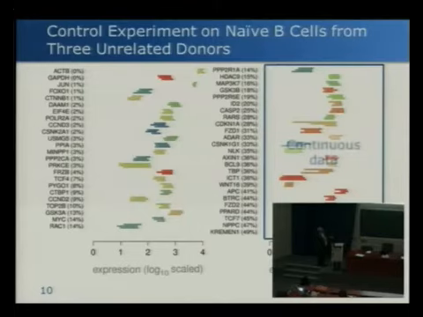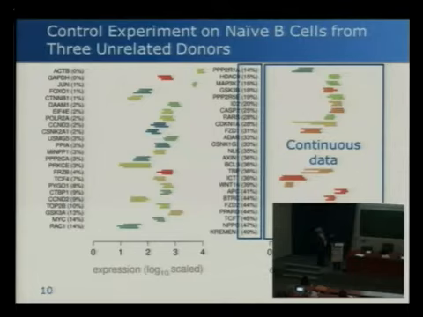Okay, so over here you see what I call continuous data, where you get the normal distributions that Mikhail was showing distribution plots of. But what's shown over in here in parentheses represents the percentage of cells where you did not detect the transcript. So up here for beta-actin and GAPDH, those were detected in all the cells analyzed, whereas here for cremin, it was detected in about 50% of the cells and not detected in about 50% of the cells. So in addition to this continuous aspect of the data, you also have this discrete